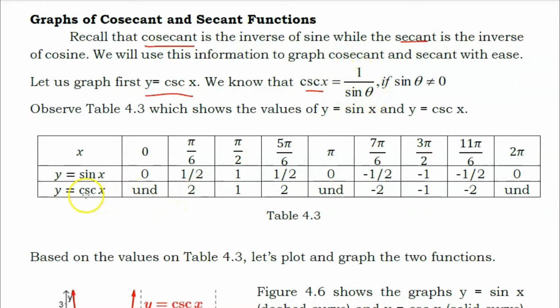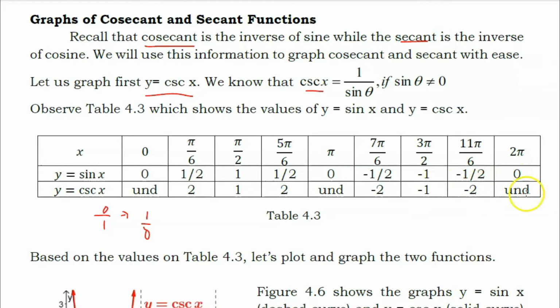So therefore, in getting the values of y equals cosecant x, ato lang kuhaon ang reciprocal sa values ni sine x. So we have 0. 0 is represented as 0 over 1. So if you're going to get its reciprocal, mahimo na siyang 1 over 0. And 1 over 0 is undefined since wala man tayo denominator nga dapat 0. So this is undefined. So our 1/2 becomes 2. Our 1 is still 1. 1/2 becomes 2. 0 is undefined. We have negative 1/2, negative 2, negative 1 is still negative 1, and our negative 1/2 becomes negative 2, and